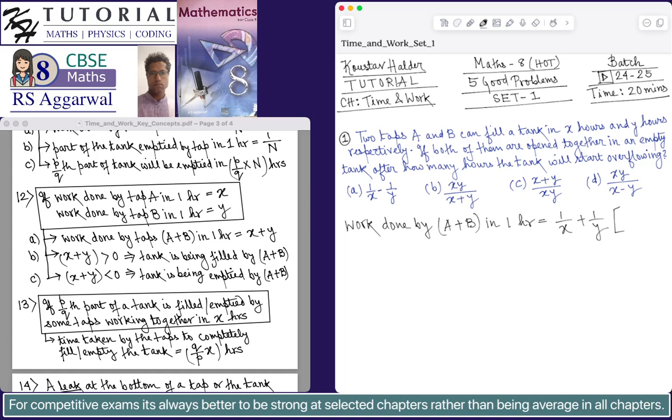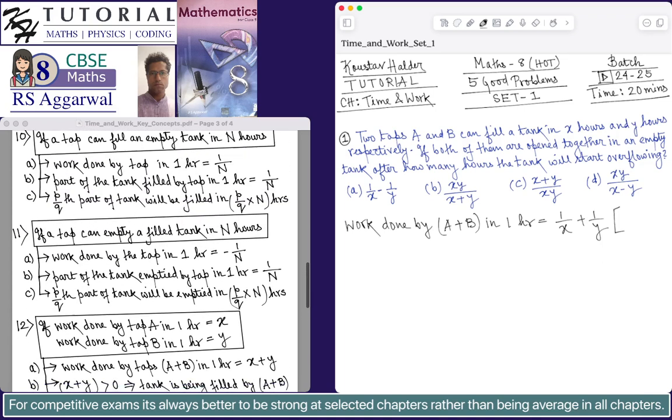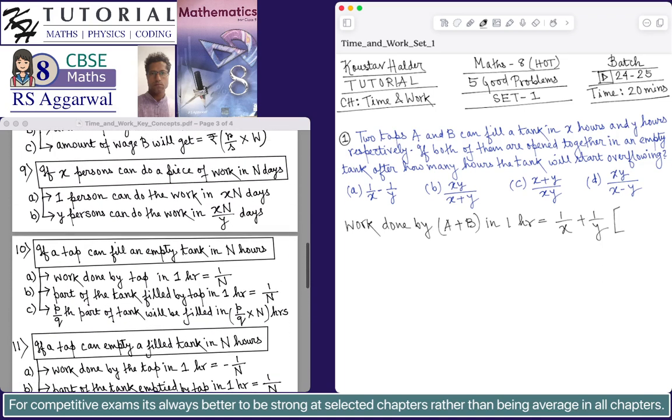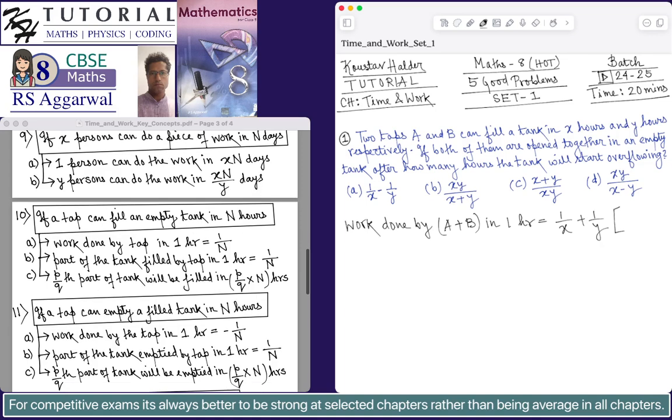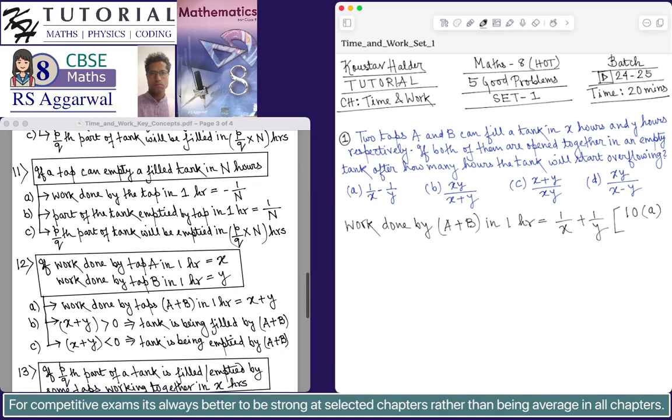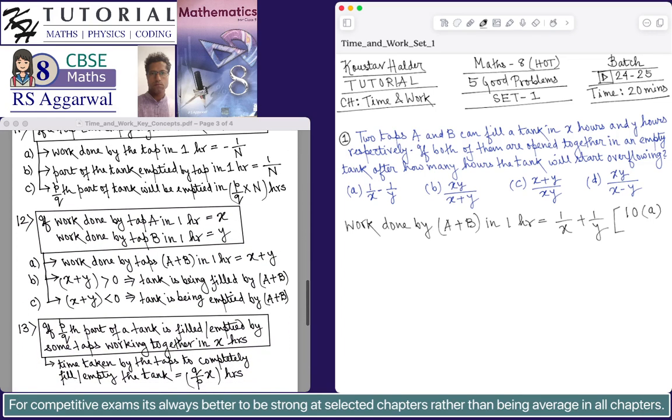The first one is that if a tap, concept 10, if a tap can fill an empty tank in n hours, the work done by tap in 1 hour is 1 by n. So 10A was applied, and then the concept applied was concept 12, that is if work done by tap